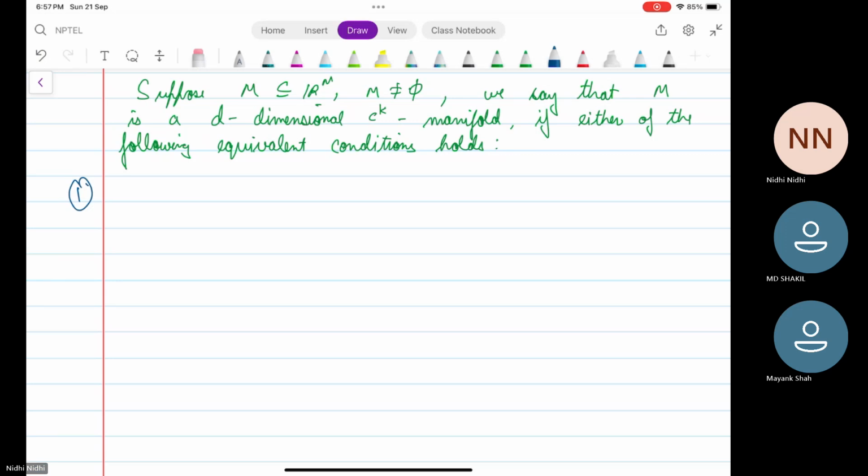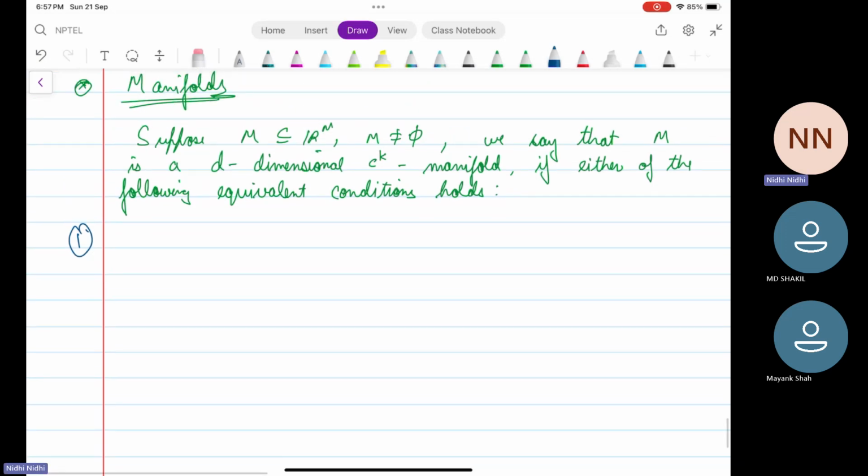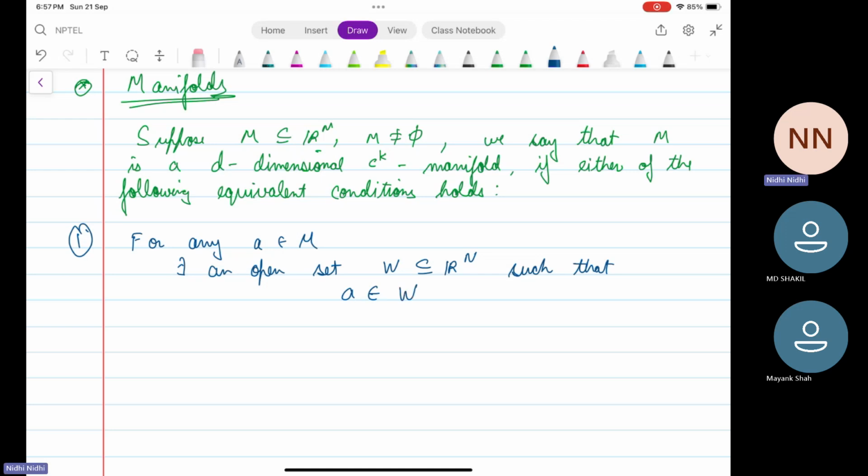for any A in M, now M was just a subset of Rn, for any A in M, we can find an open set W. W is an open set in Rn such that it contains A. So it has nothing to do with M. It's just that A, an element of M, belongs to W, which is an open set in Rn. Then we have another open set V in Rd,